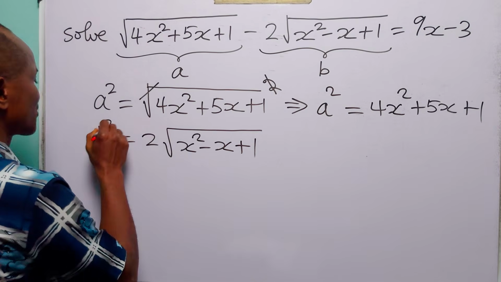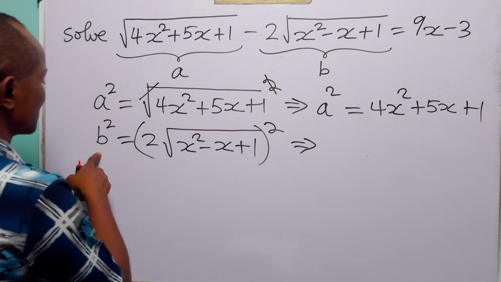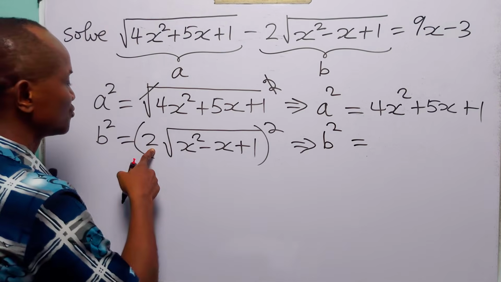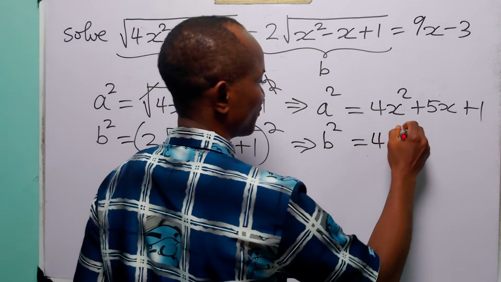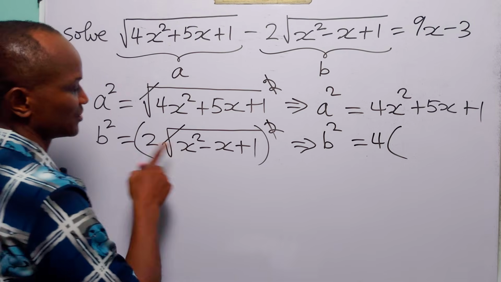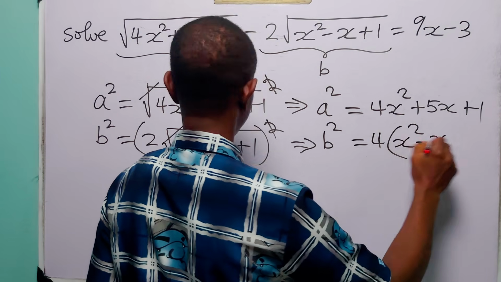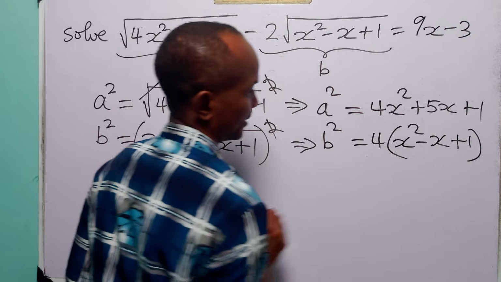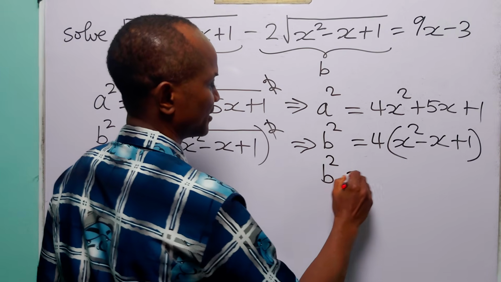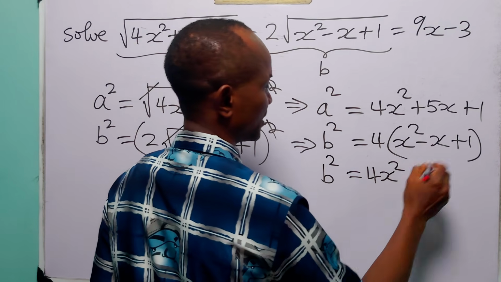Once more, when we square both sides of this equation, we have that b squared is equal to 2 squared, that is 4, multiplied by, this is going to take care of the square root, leaving us with x squared minus x plus 1. Now, when we open this bracket, we have that b squared is equal to 4x squared